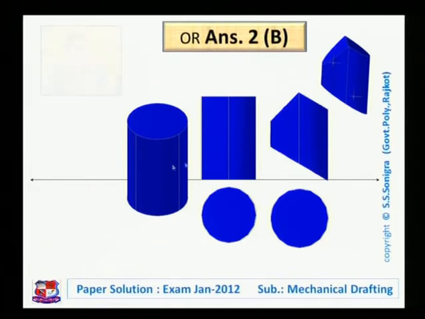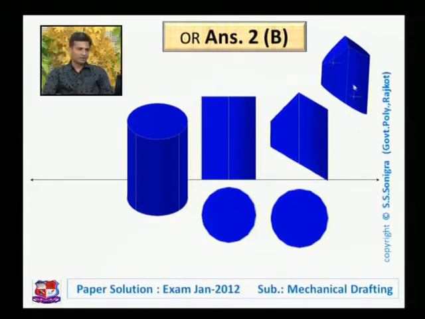This is the isometric view of the given solid. So from this view it would be clear to us what the given solid is. Here this solid is cut like this. Here it is cut at an angle of 30 degree, here at an angle of 45 degree, and this cut is at an angle of 30 degree with the XY line.